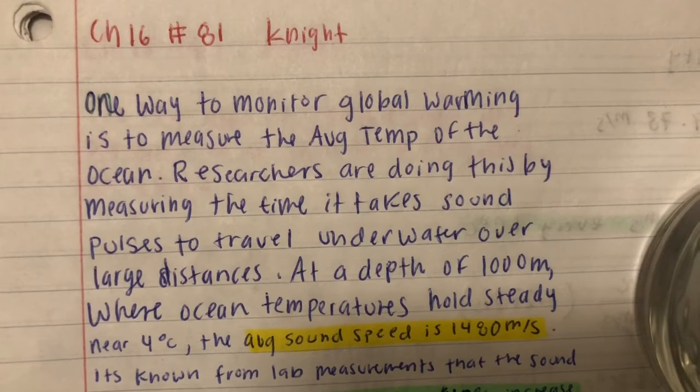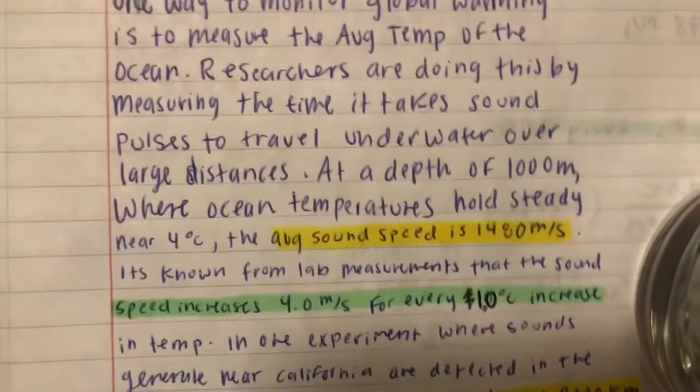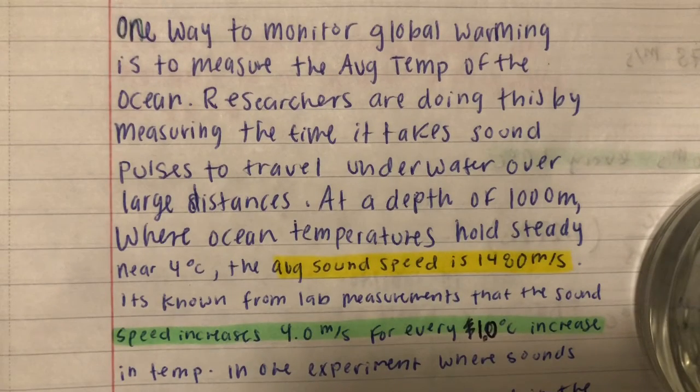Okay, so today I'll be doing chapter 16, number 81 in our physics notebook. It states, one way to monitor global warming is to measure the average temperature of the ocean. Researchers are doing this by measuring the time it takes sound pulses to travel underwater over large distances. At a depth of 1,000 meters, where ocean temperatures hold near 4 degrees, the average sound speed is 1,480 meters